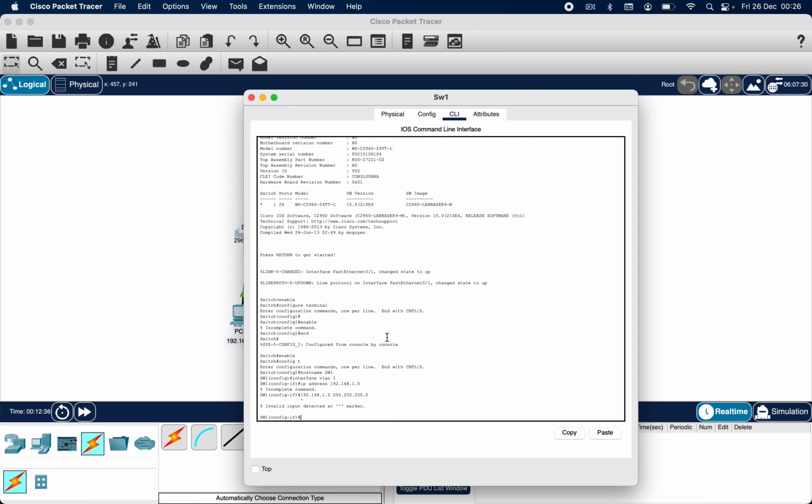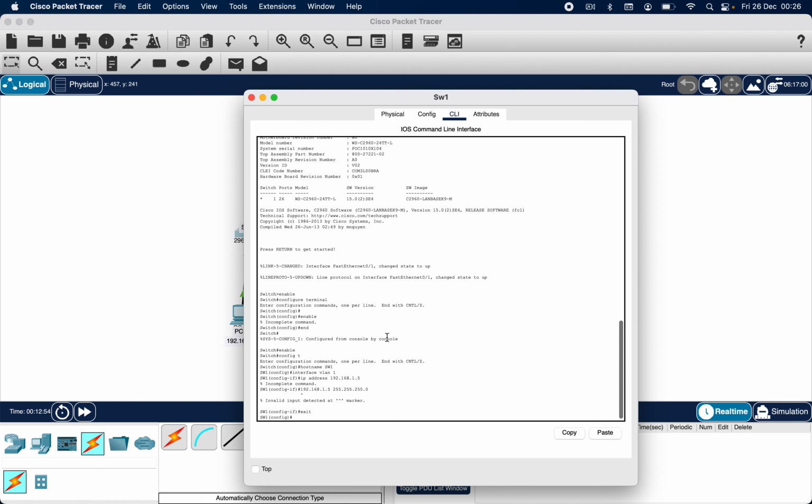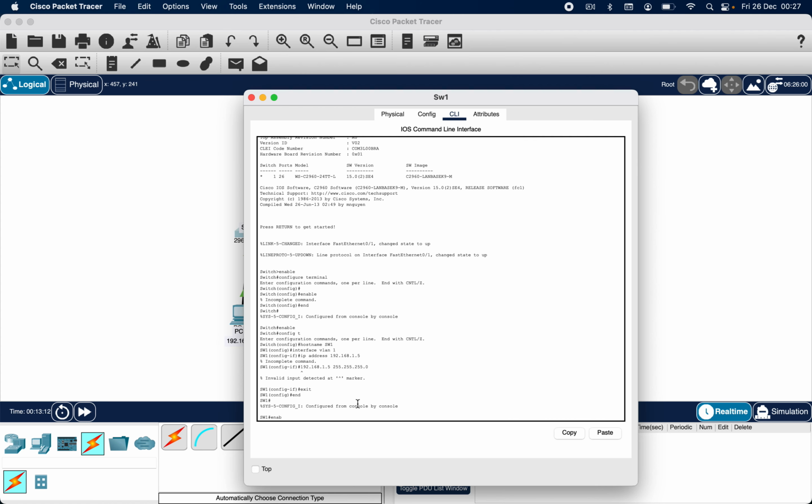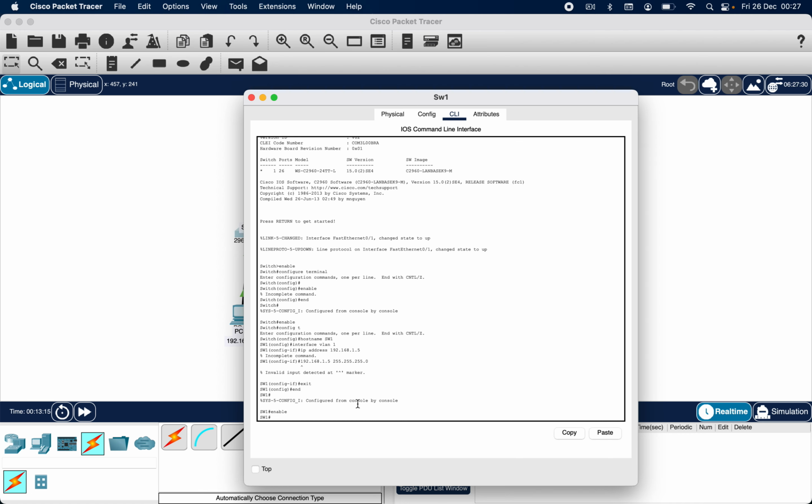Well, what was the subnet mask we used? The subnet we're going to use is